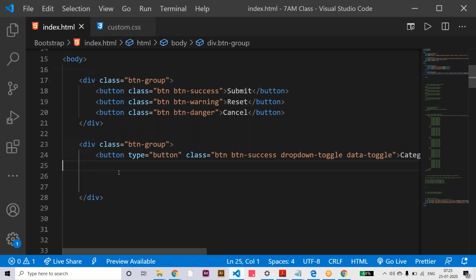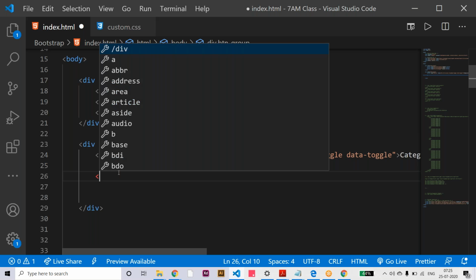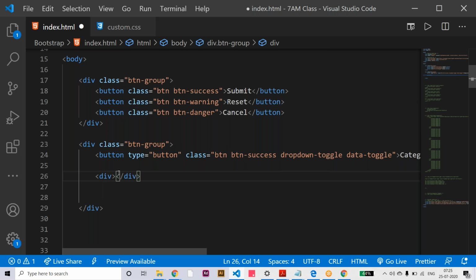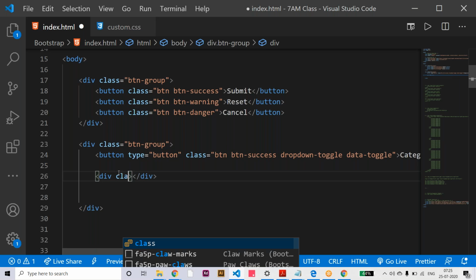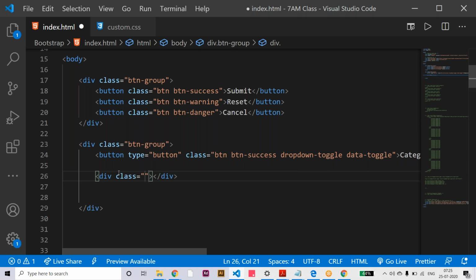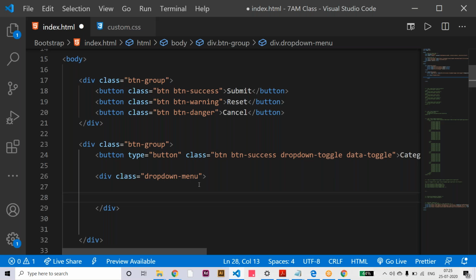So let me use a div here. For the div we can say class is equal to dropdown-menu. Inside the div I'm going to use a list of products, or a list of items or menu items.